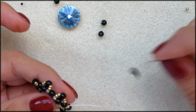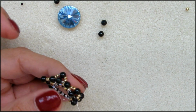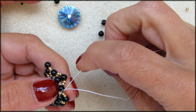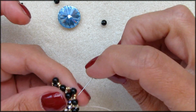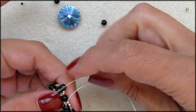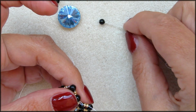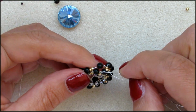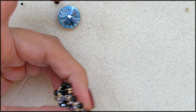I'm picking up a pearl and I'm going back down into 2 seed beads, and I'm up the pearl, down to 2 seed beads, picking up another pearl, down the seed beads, in the pearl, down to 2 seed beads, pearl, down seed beads, up the pearl, down to 2 seed beads, picking up a pearl,